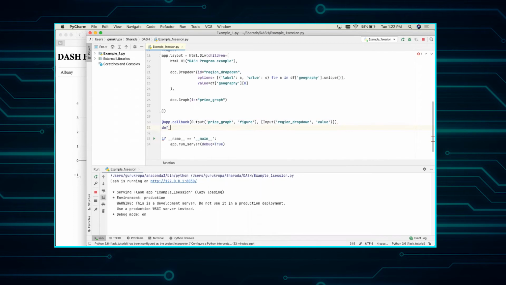We say def update graph is our function name.